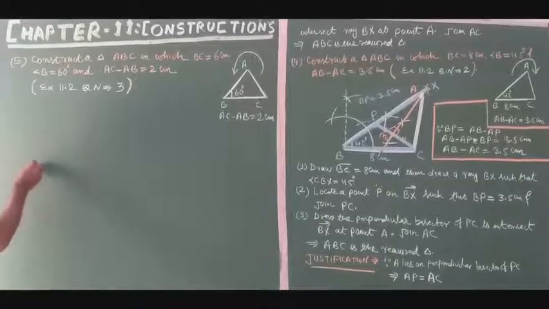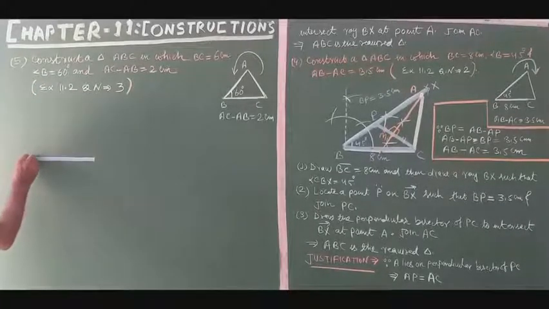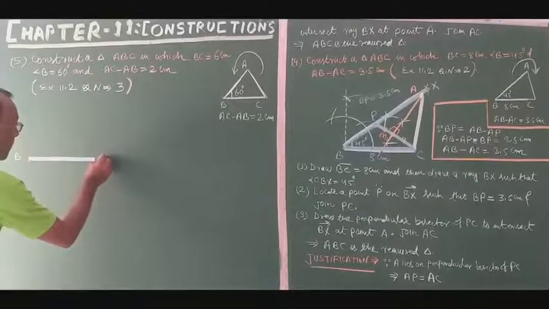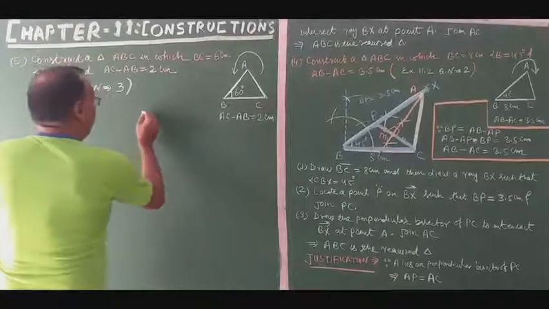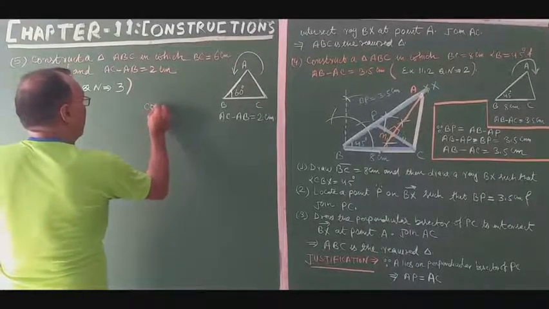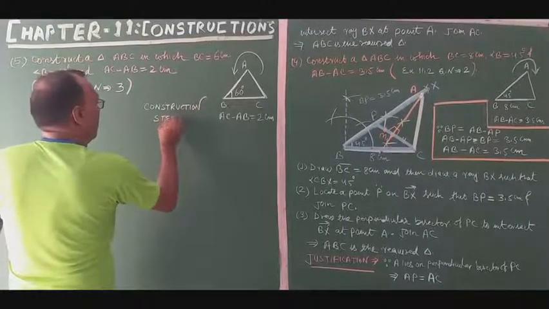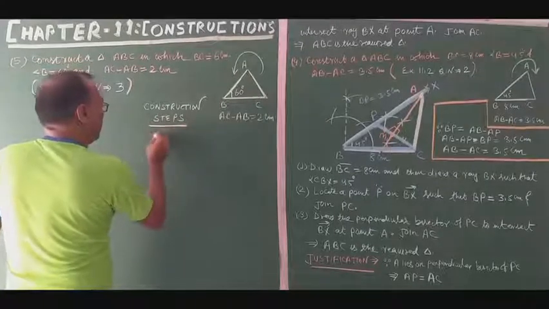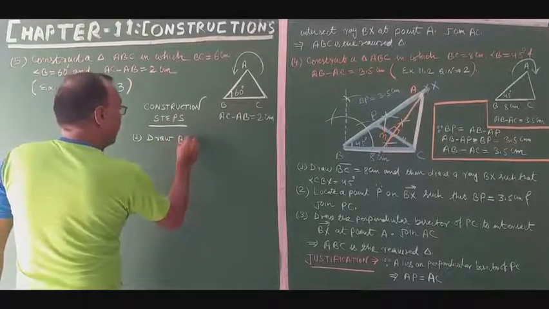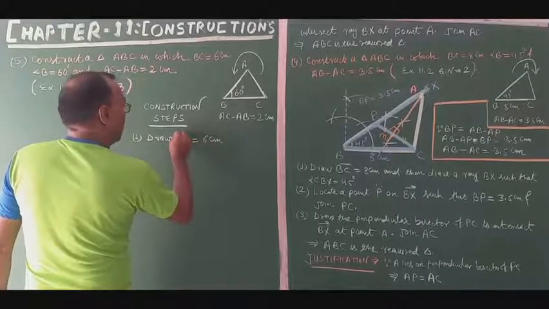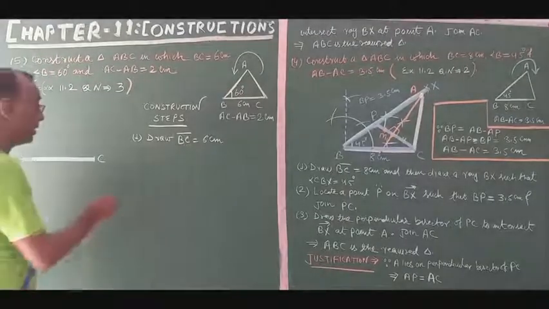BC. What is our step number 1? The first one is to draw the line segment BC equal to how much? 6 centimeter, it was given. And then in step number 2,